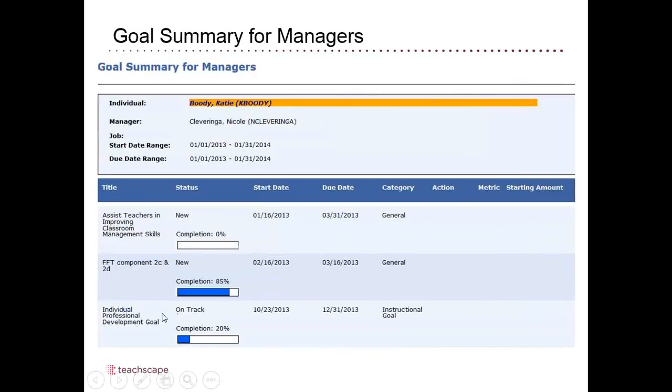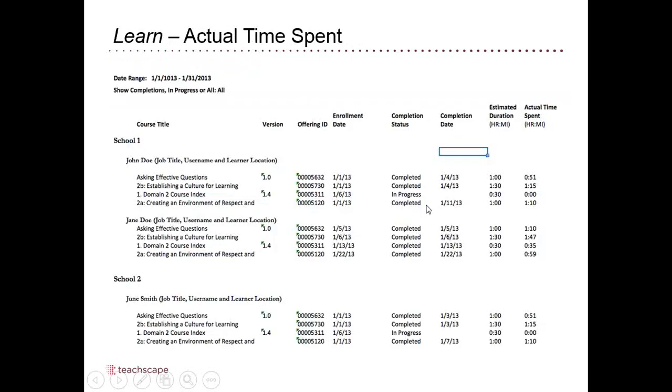And then goal completion, what's happened for this person, how far are they on that process as far as completing what they're supposed to get done. And then actual time spent, how much actual time have they spent in each of these things. And again, one of the things that's in there is we try as much as possible to capture real elapsed time, but it is possible to just keep pushing the button every once in a while and make soup, but theoretically people are actually learning in this process.